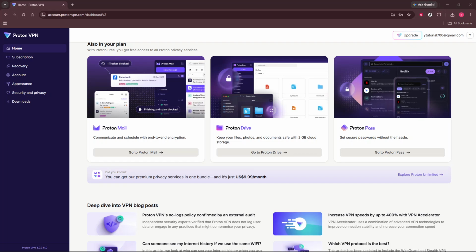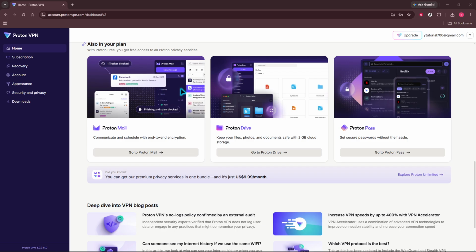In today's video, I'm going to teach you how to get Proton VPN all locations. If you've opened Proton VPN and noticed that not every server location is available, don't worry, that's normal. Proton VPN offers a mix of free and paid server locations, so if you want access to the full list of countries, you'll need to upgrade to the correct plan and make sure you're signed in properly on the app